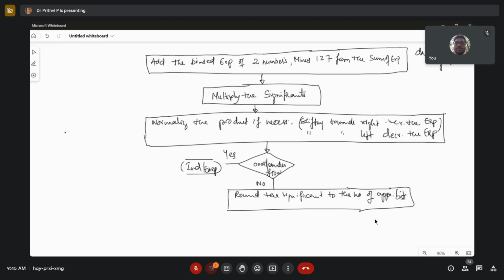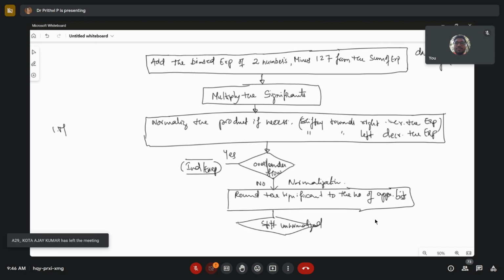Means what? We are making that into 1.m mantissa format. That means you will be shifting the bits towards left or right. When you are finding that element, this step is the normalization step. After that, do one more iteration of left shift or right shift according to the need. Now if it is still not normalized, still in unnormalized form,